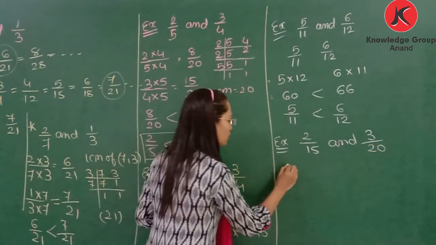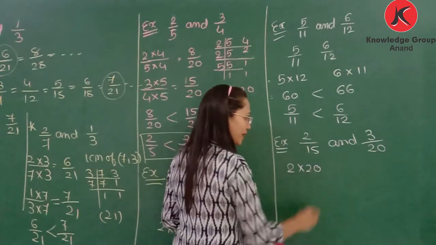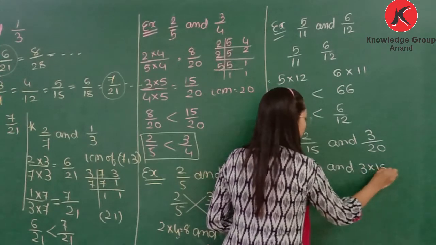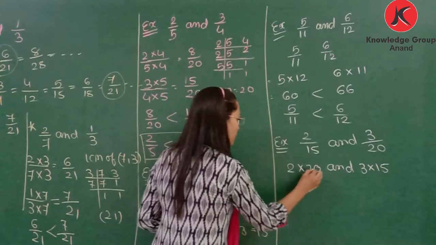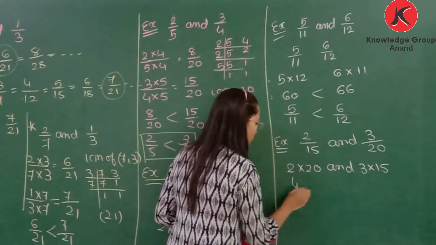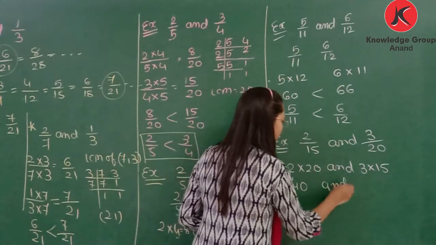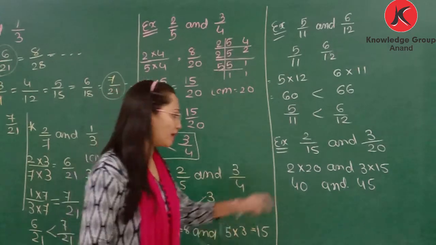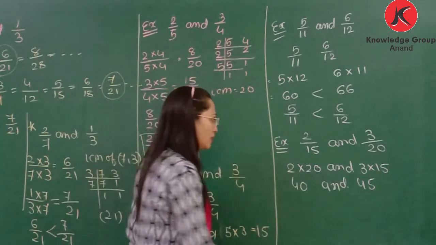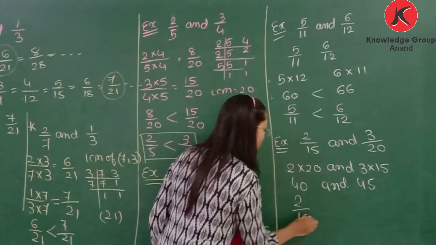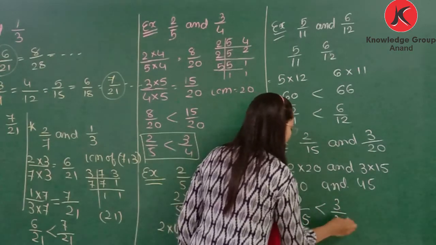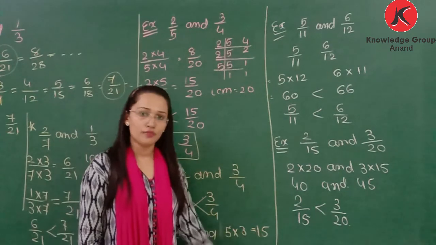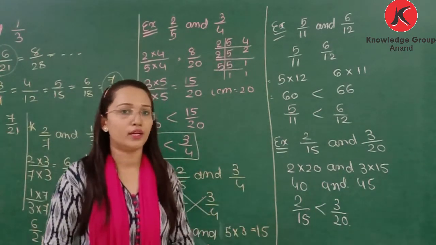So here 2 is multiplied with 20 and 3 is multiplied with 15. 20 times 2 is 40 and 3 multiplied by 15 is 45. Now which one is greater? 45 is greater. So we can write 2 by 15 is less than 3 by 20. So this is another method of comparison. We will solve more examples related to comparison in a